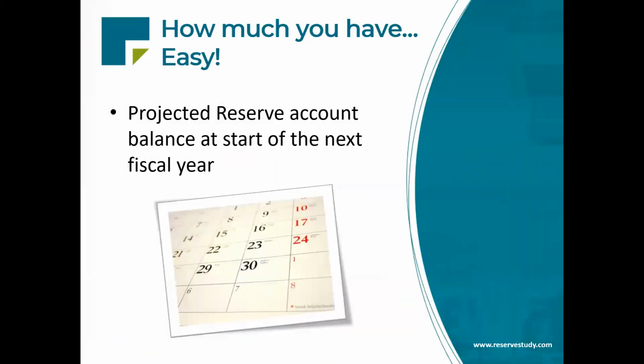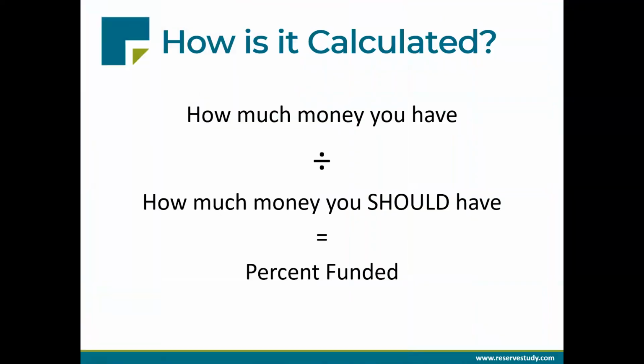Okay, so the first part, how much money do you have? That's the easy part, pretty straightforward. We're going to look at the current financial statements and try to project ahead to the start of the next fiscal year in order to know how much money will be in the bank at the beginning of that year. So most of the work we're doing right now is for clients with a December 31st fiscal year end. We're looking at January 1, 2024, trying to figure out how much money they will have at that point.